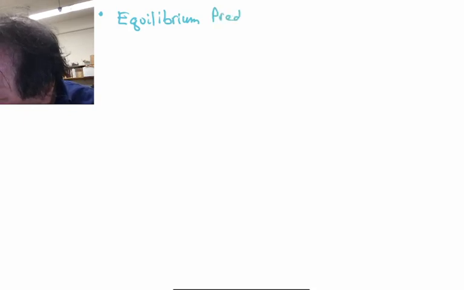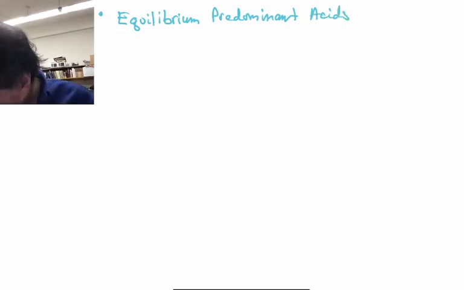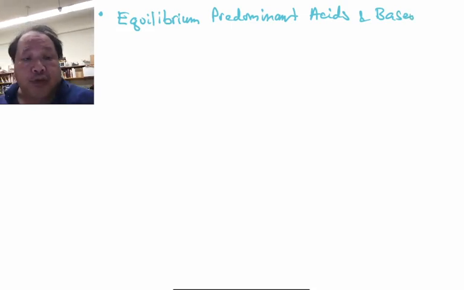Hi. In the last lab, we learned about equilibrium, predominant acids, and bases. And in this video, we'll look at a very special case where the predominant acid and base are conjugates of